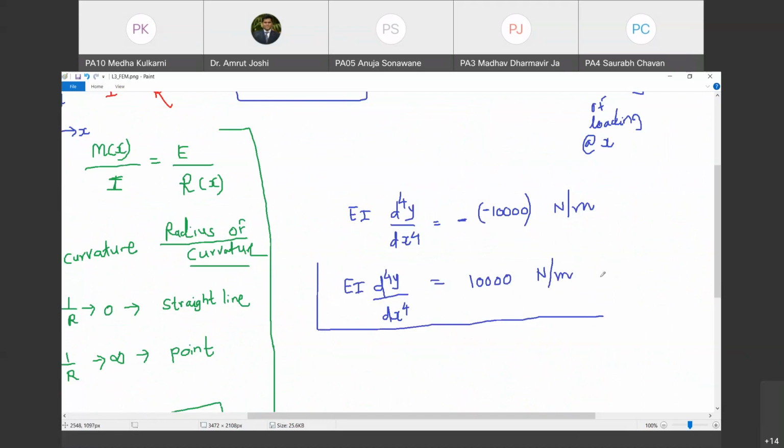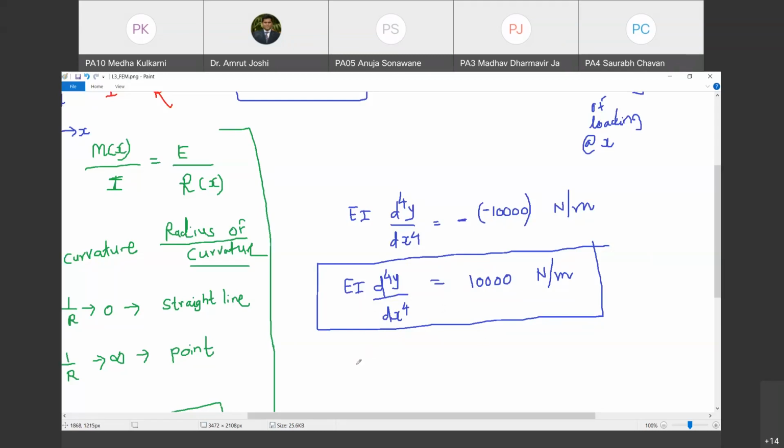Happy? Yes, sir. Now, for a fourth order differential equation, how many boundary conditions are you going to need? Tell me. How many boundary conditions do we need? If you integrate it once, you are going to introduce one constant of integration. Do you agree with me? Yes, sir. If you integrate it twice, two constants. For having the solution of y as a function of x, you will have to integrate it 4 times. So you are going to end up with 4 constants. So how do you obtain those 4 constants? So you need 4 boundary conditions. Do you agree with me? Yes, sir.